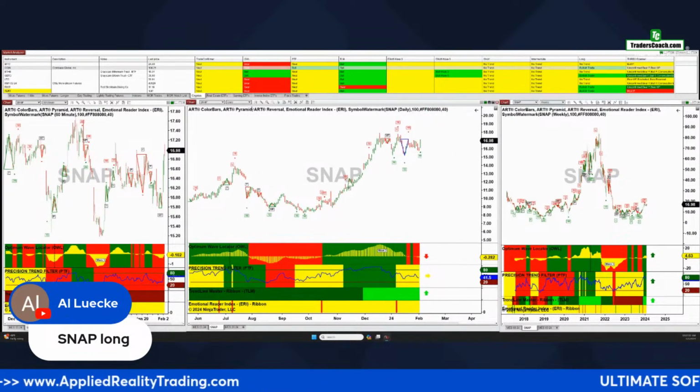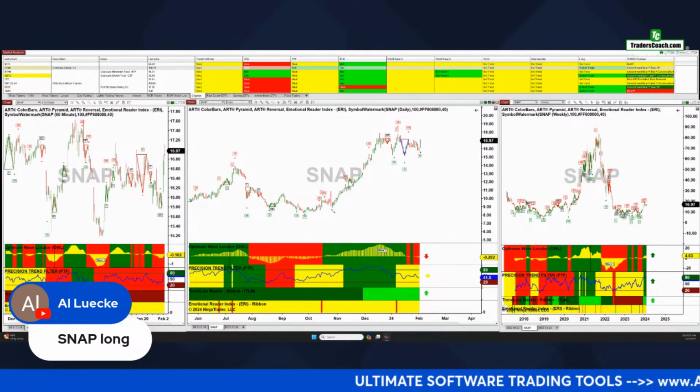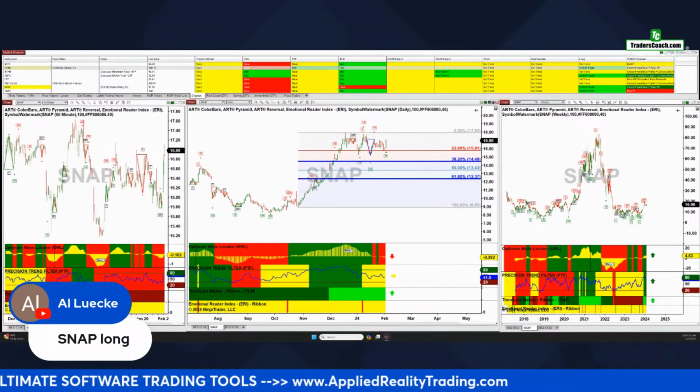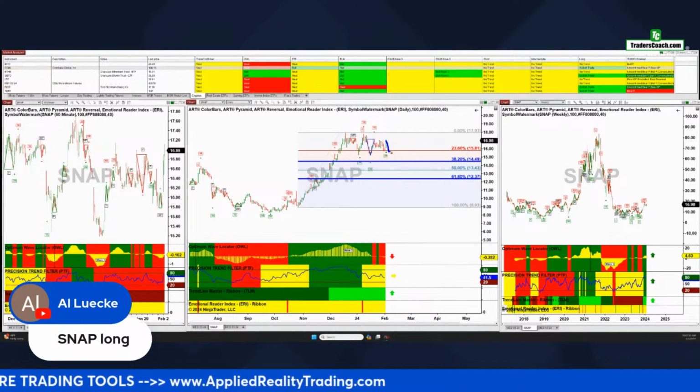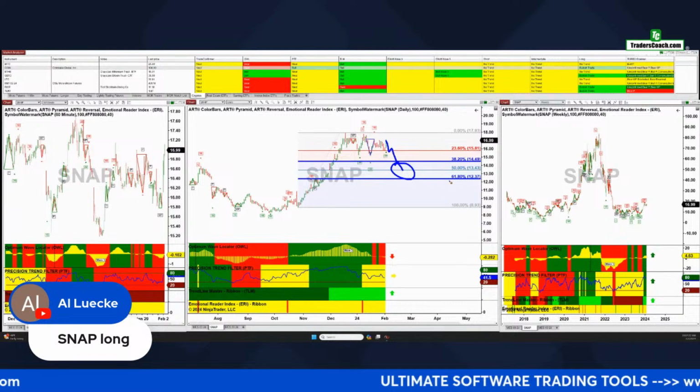So I'm thinking here, Al, what we do is take a look at this one next week. Let me just see where I think this would be appropriate. So I'm thinking prices have got to go down into this area here before we think about a long trade. Okay. If anything, you could maybe even short it.